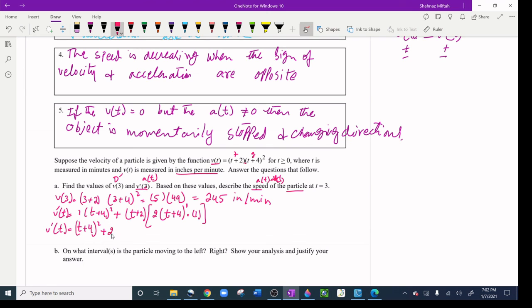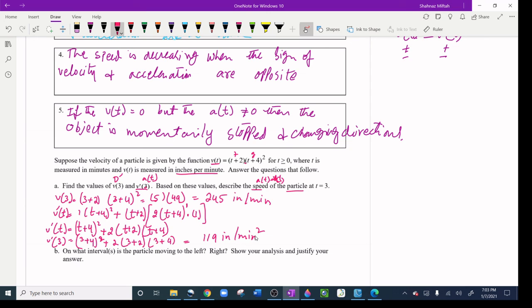This 2 goes to the front. Then I have t plus 2 and I have t plus 4. There. Now plug in 3 there. So v prime of 3: I'm going to write 3 plus 4 whole squared, plus 2 and 3 plus 2, and I have a 3 plus 4. Now when you solve this, it's going to give me 119 inches per minute squared,